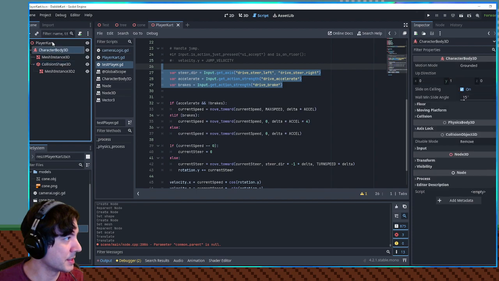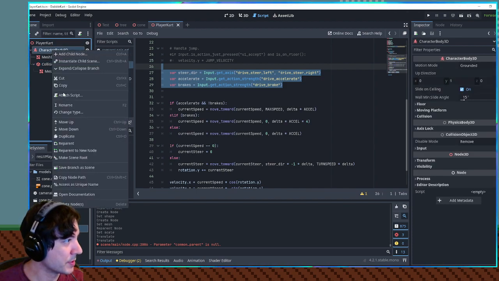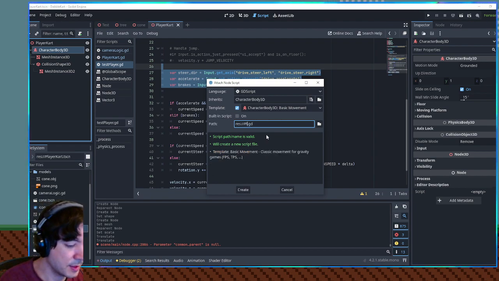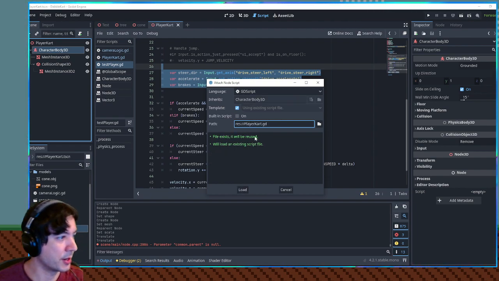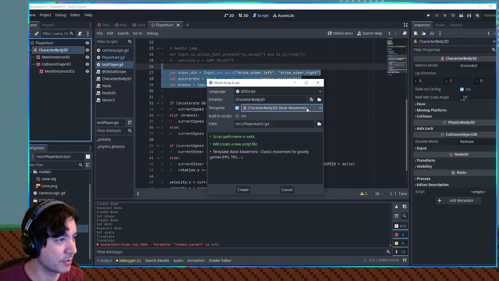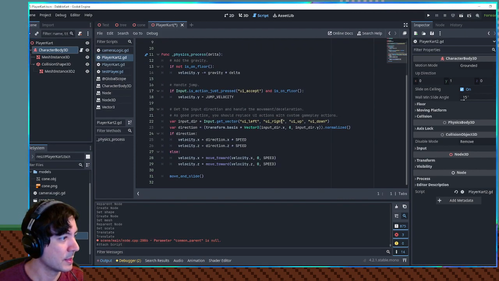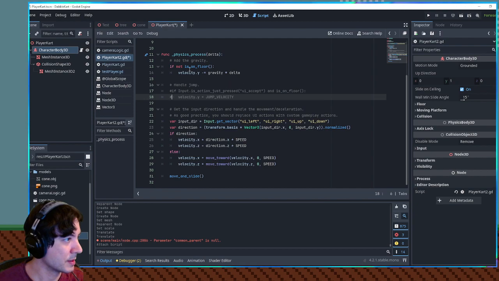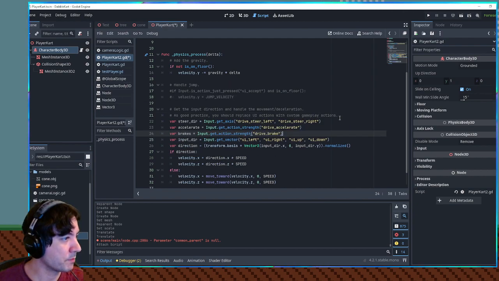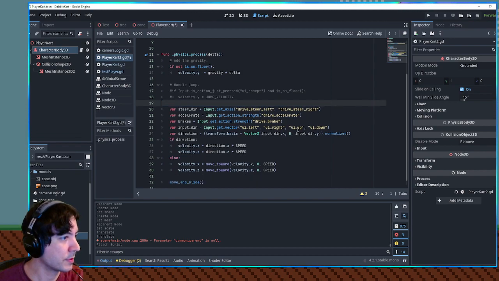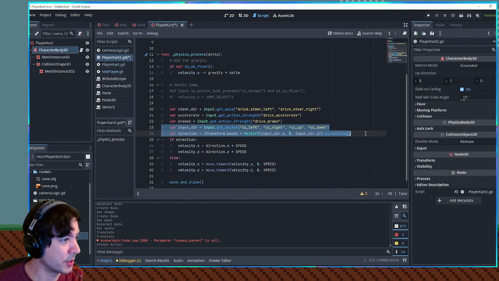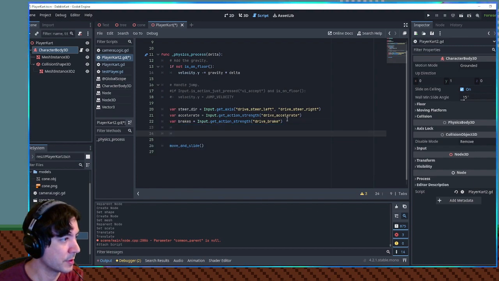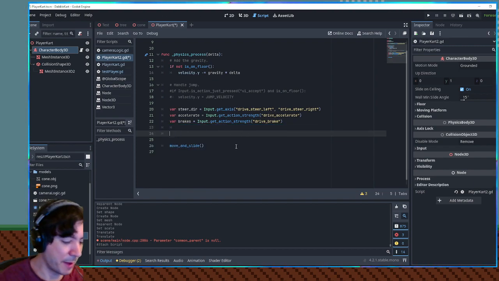And then let's attach a script to this. Player cart. File exists, it will be reused. We'll load an existing. Player cart 2 then, fine, whatever. Here we go, template, character body 3D. That's what I want. I want this template. Okay, take out the jump. Grab these bits of code here. All right, so this is going to be silly, but